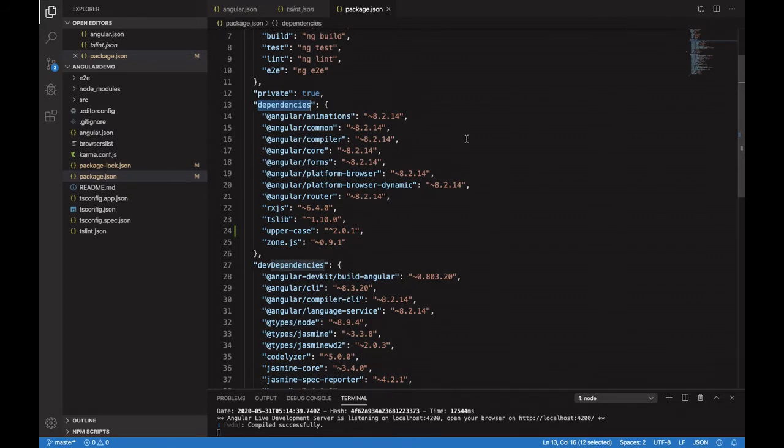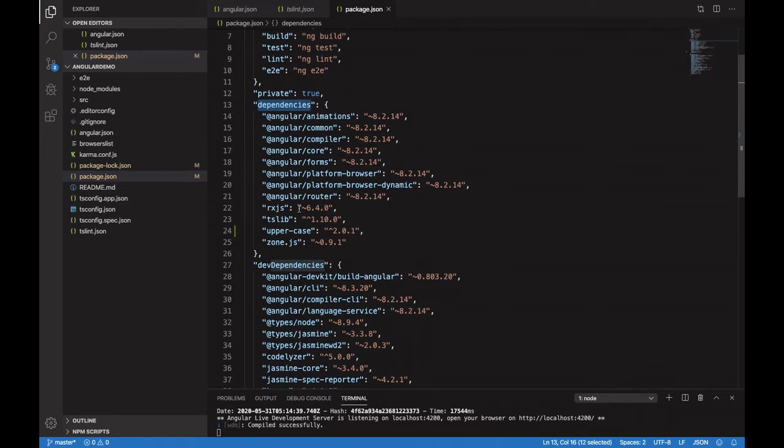If you remember, in the previous video we installed one package whose name was uppercase. You can see the reference of this uppercase came into the dependencies, and the same package got installed into node_modules, where it created its own package folder. This is how dependencies get installed in your Angular app.